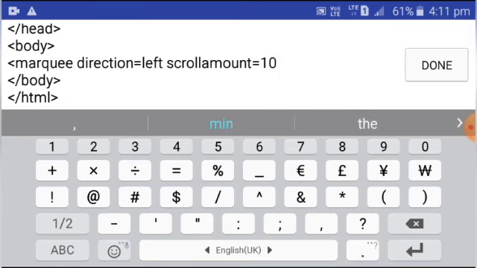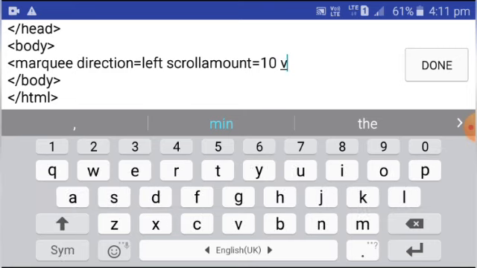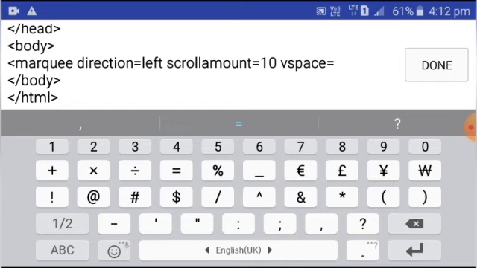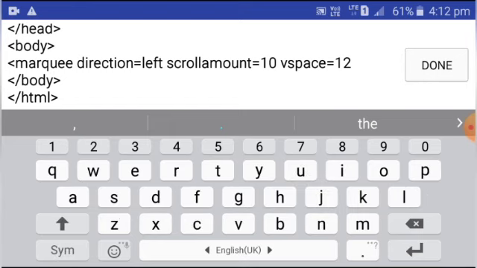Then V space, we will use a V space over here, this attribute. Okay, then we will use BG color attribute over here.